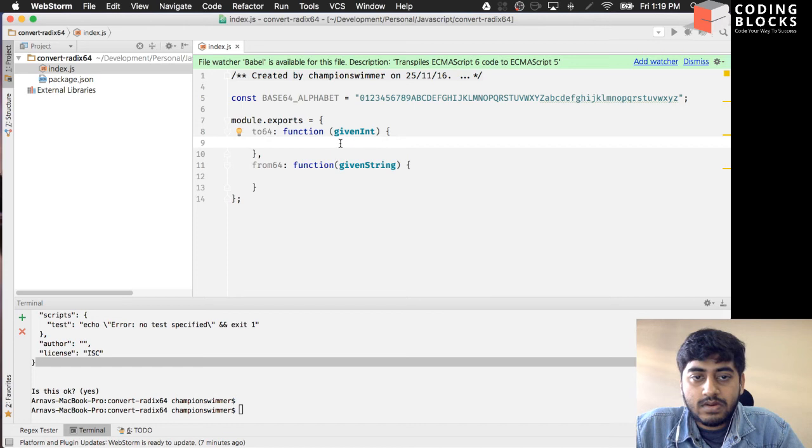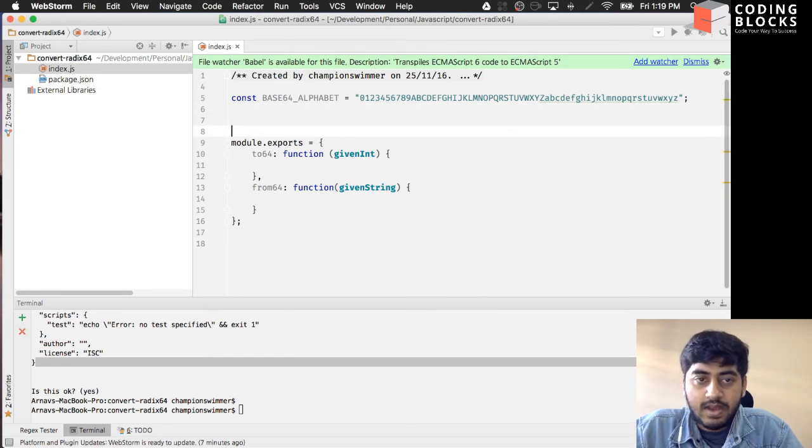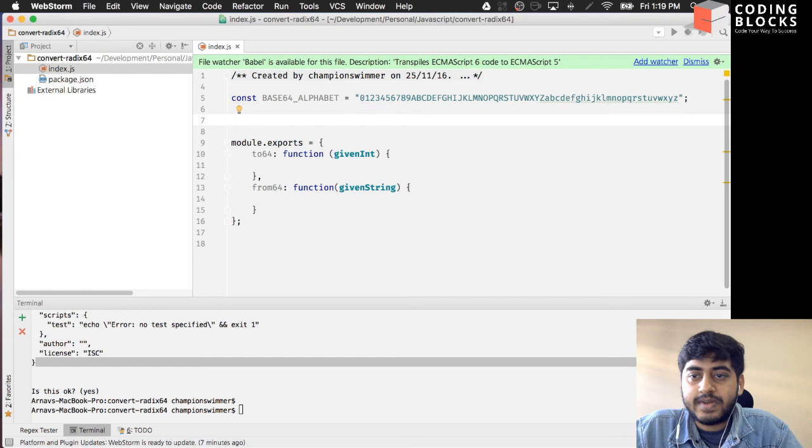So if I get this particular function 264, what I'm going to do is first I need a function that converts a number between 0 to 64 to a particular character. So for that,